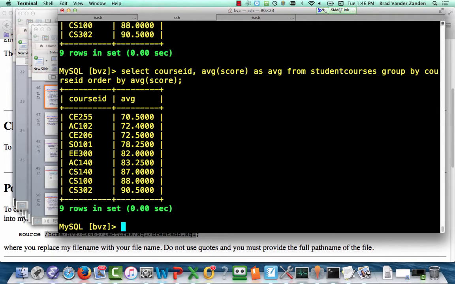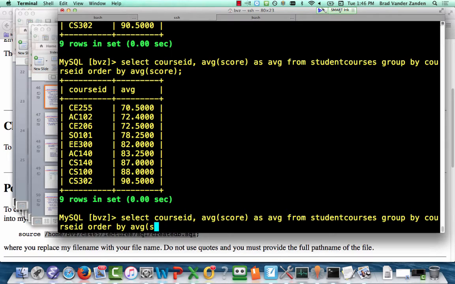Okay. Now, it's not really that I want a listing of all. Remember I said we're interested in courses with low scores. I really don't want to paw my way through all the courses at the university. I maybe am only interested, say, in courses with an average score less than 75. So really, I would just like to print out those courses whose average score is less than 75. Well, what is the most logical thing to do? The first thing you're probably going to think about doing is saying where